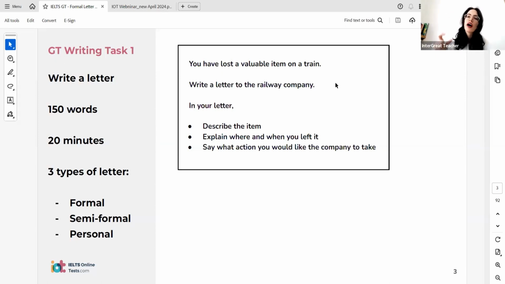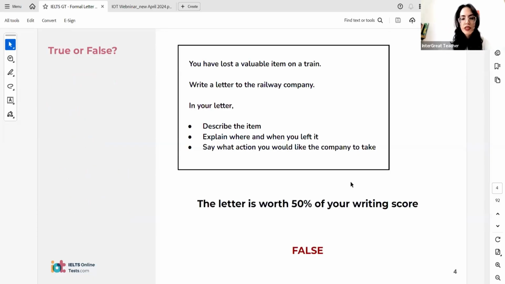But then we need to have some specific points. What do we need to include in our letter? First, we need to describe that item, the item that we have lost on the train. Explain where and when you left it, and say what action you would like the company to take. This is a question that we will see in IELTS writing. Now,